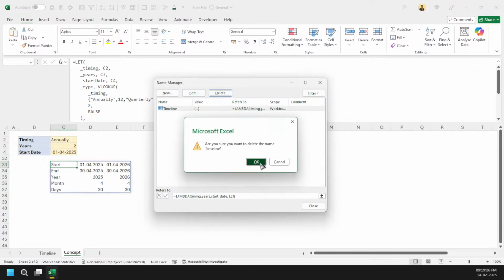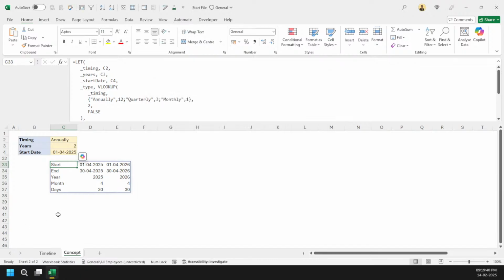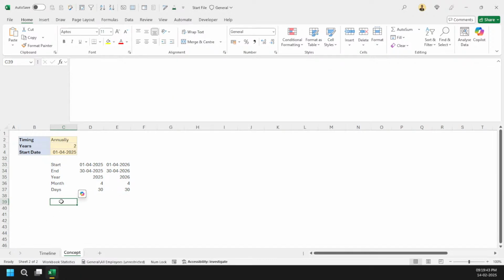Because what will happen is Microsoft will add one kind of a LAMBDA here. Okay, let me delete this part. Right, the Name Manager is already a clumsy thing, and then you will add a LAMBDA here along with all those named ranges, and people will be confused. Got it? And when they see, okay, this person has used the timeline function, let me go and search Google for what this function does, and there will be no documentation there, right? So if you are using it one time only, just for the sake of wanting to make a LAMBDA, it doesn't make sense to me.